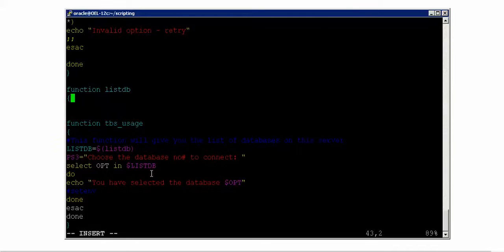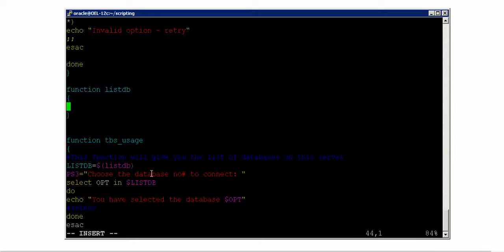list_db, and then it has to be like this. And now what I'm trying to do is, okay, and one more thing I forgot to say, always try to write the functions on the top if you're calling them in a function. For example, you're calling the list_db function inside the TBS. That means if you write this function after the TBS, it cannot actually parse it. That's the reason you have to declare this function above this TBS usage, because you're calling it in the TBS like this. Okay, now in the list_db, what am I saying?